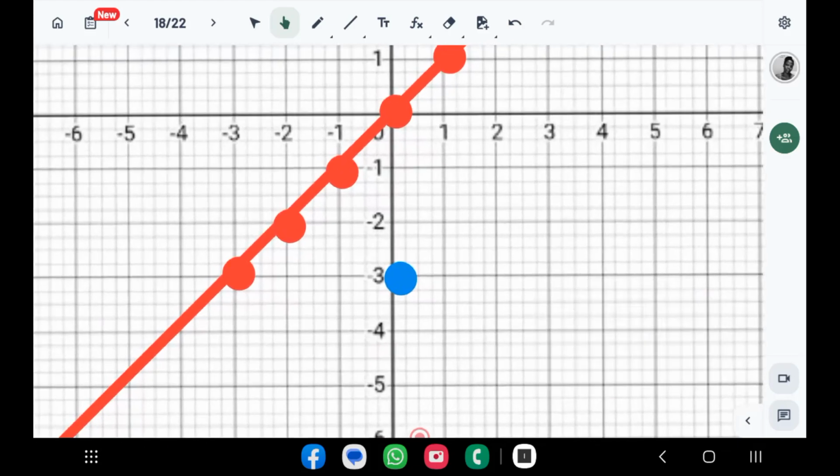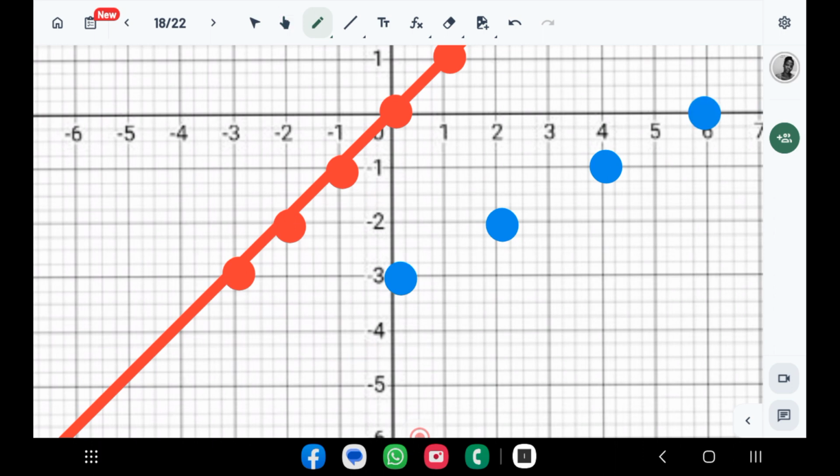We start at our y-intercept. The gradient says we must go 1 up and then 2 to the right. Okay, now let's change the color. One up again, 2 right. There we go. 1 up, 2 right, 1, 2. And that's where it lands us